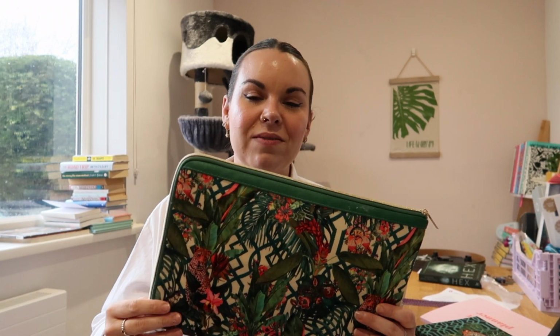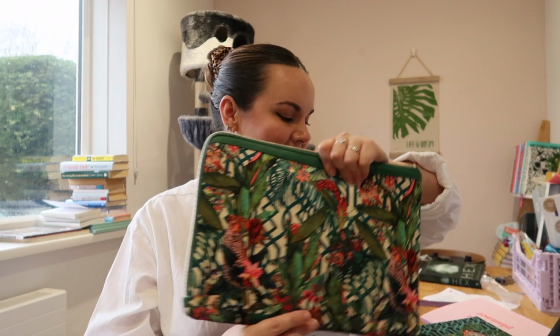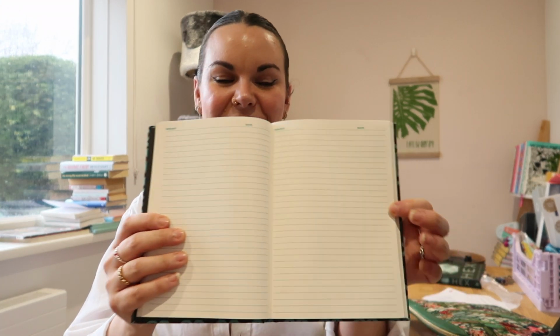Especially as I am hoping to be working on another book, I think it's really important to have some flexibility with it. It's not tailored to any specific laptop or tablet or anything like that. I can fit them all in, and I love that. And then the notebook, which has inside it, I've not decided what I'm going to use this for yet, but